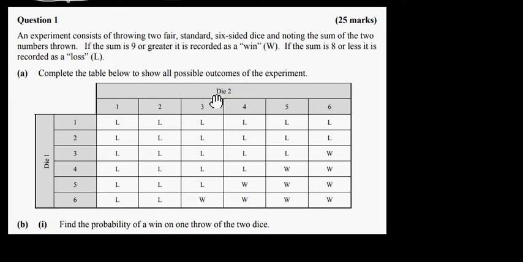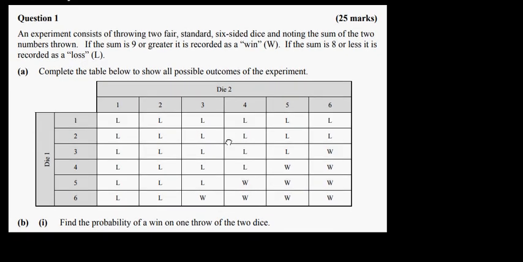And if we add the two numbers and they add up to 9 or greater, we record a win. And if we add them up and we get 8 or less, then it's recorded as a loss. So the first question here asks us to complete this table here, showing all possible outcomes of the experiment. Now the table is actually filled in, but all of this white area here would have been blank. So down along the left hand side here we have the first die,